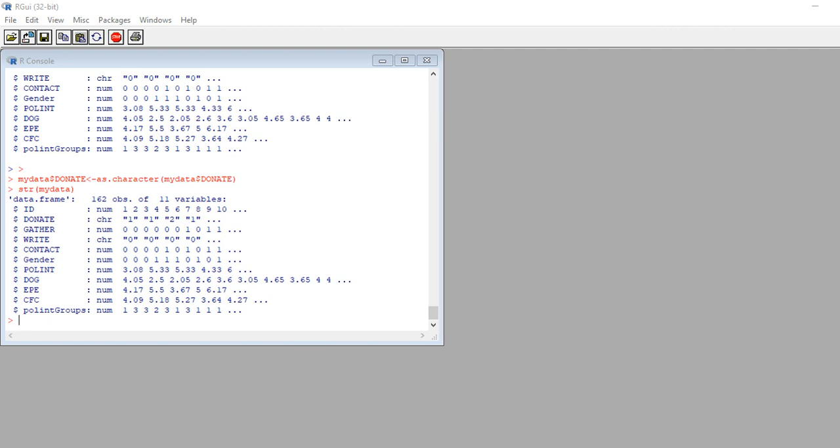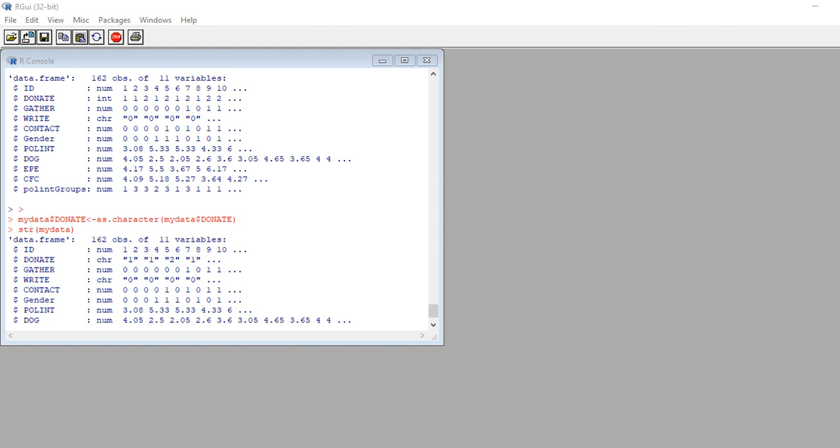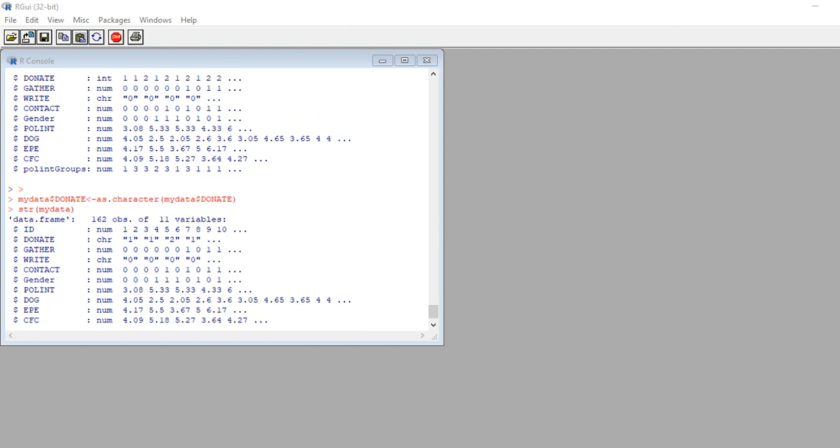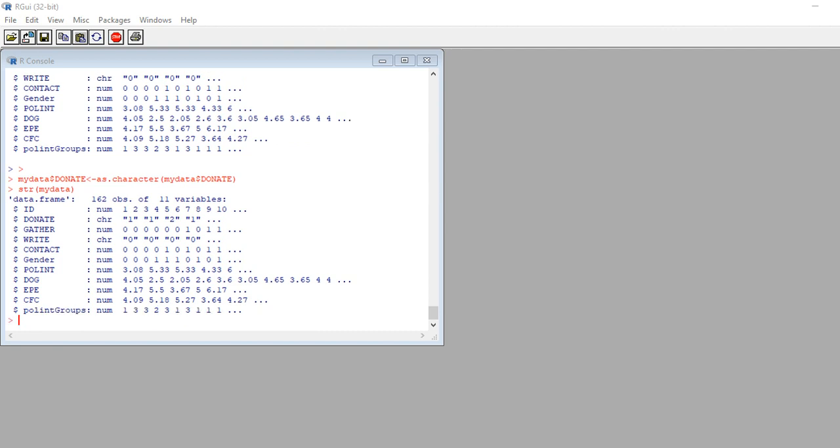So this can be really handy. As I said, after you get the data into R, you're going to have to really pay attention and make sure that when you're running various analyses, the characteristics of your variable match what's required in your data analyses. So you have to be very explicit about what type of variables you're working with when you're running analyses in R. This is just a way in which you can easily go back and forth and convert variables to different types